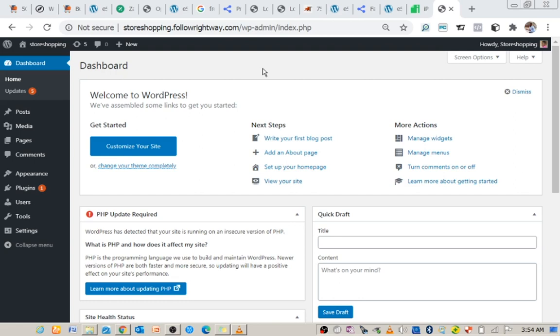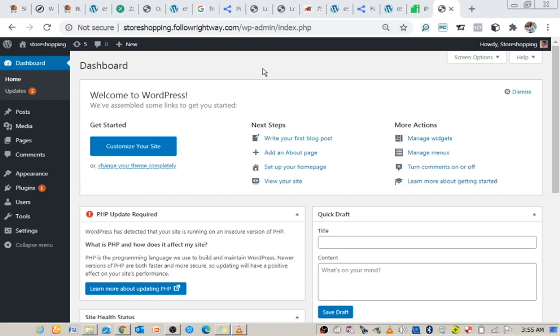The theme must have a demo importer with which you'll be able to import the theme demo, and your website is going to be exactly like the theme. All you need to do is make some changes, edit, do some little settings, and get your website done. So the fact is that this method is going to be based on the theme demo importer, and secondly, make sure that the theme you are going to use has the theme content in order for you to be able to